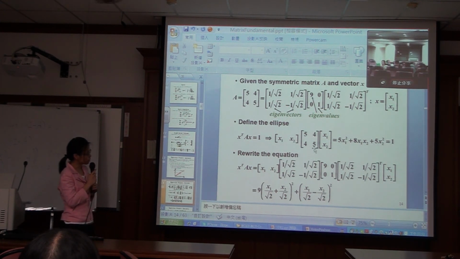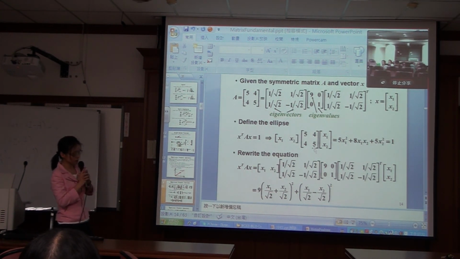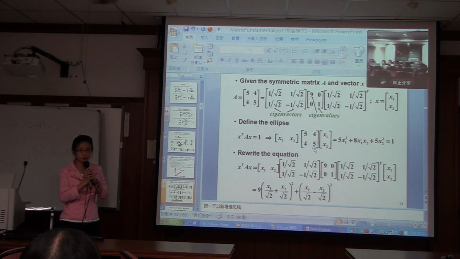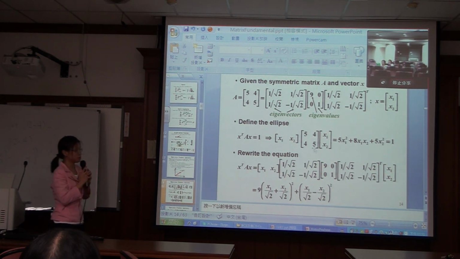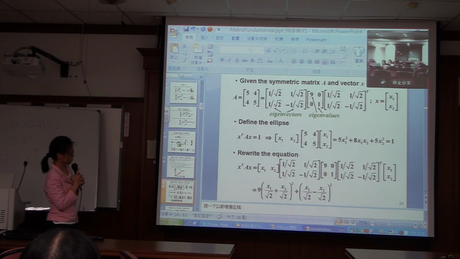And also eigenvectors, it means the eigenvectors of the matrix are orthogonal to each other. 就是这些特征向量或两两是垂直的。下一个那个。